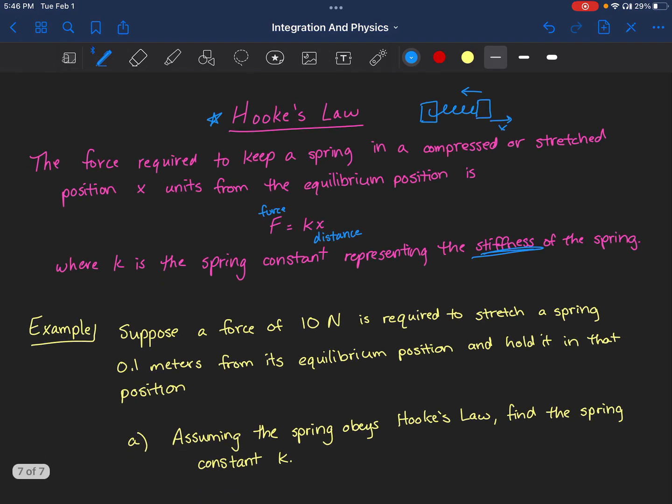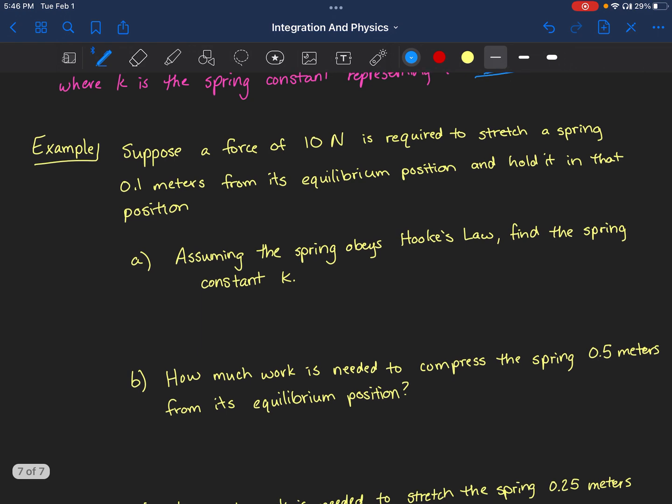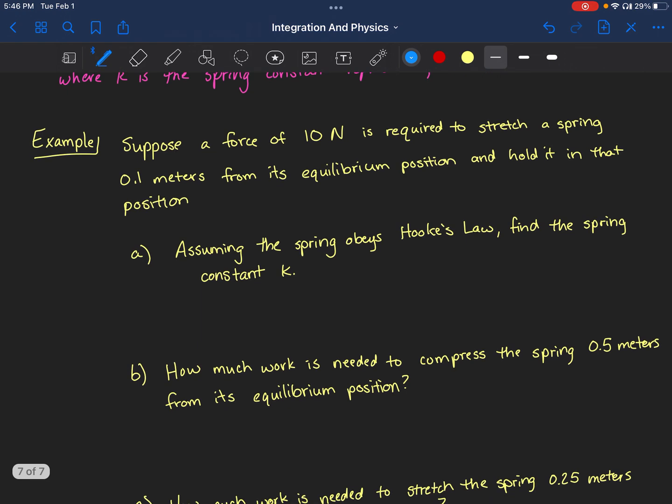So I'm going to go ahead and just jump into an example. Suppose a force of 10 newtons, so there's F, is required to stretch a spring 0.1 meters from its equilibrium position and hold it in that position. So before I jump into this problem and get too far involved in it, I want to remind you that newtons and meters kind of go together as far as units. So if it gave it to you in centimeters or millimeters, you're probably going to want to convert it to meters just for ease of use and making things work out nicely. Same thing with feet and pounds. If it gives it to you in inches, you're probably going to want to convert those inches to feet